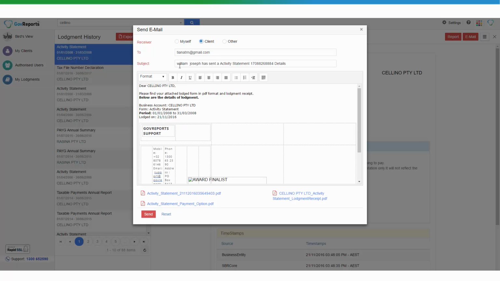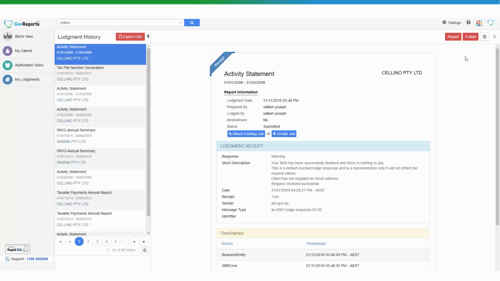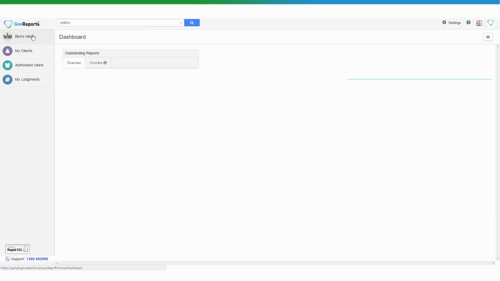And of course you can change the subject, you can change the content of the email, the attachment of all the lodgement receipts, also the report, as well as the payment options for your clients to review. If you click send, that will send off to your clients directly from your email if the email setting has been set up properly. I'm assuming I won't be sending it, but